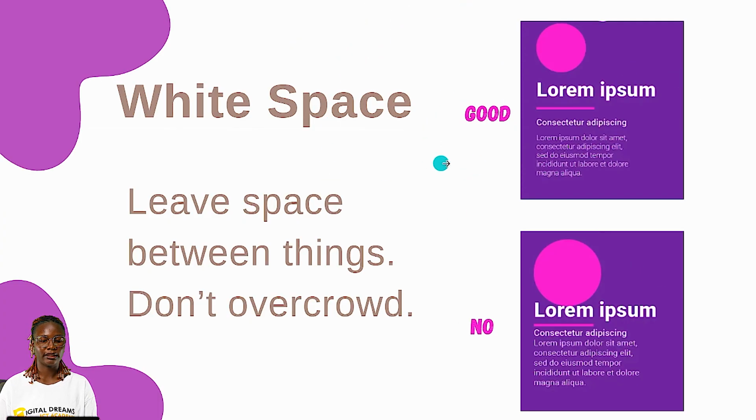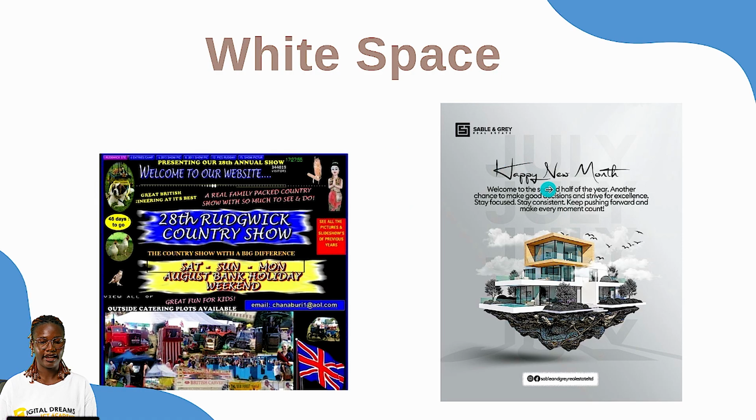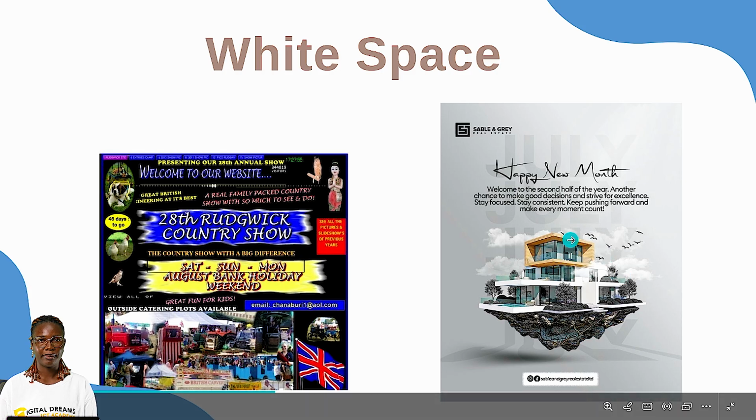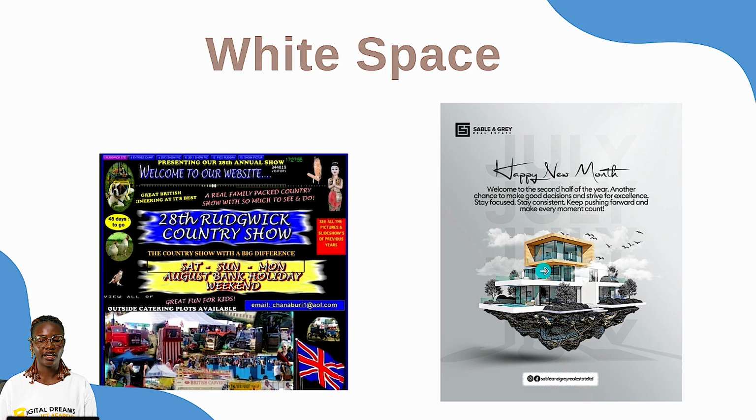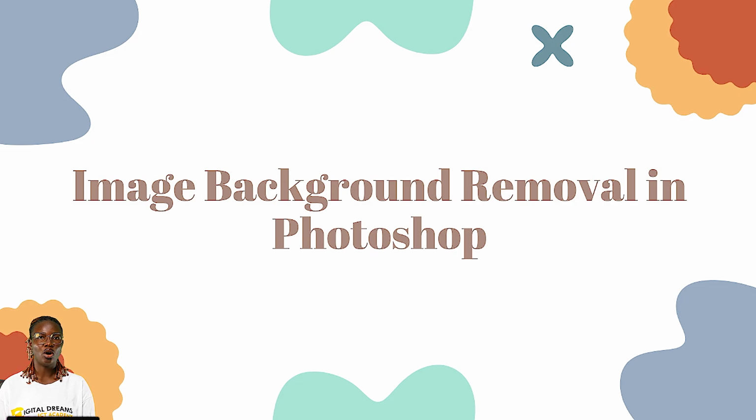The next one is white space. So you leave space between things, you don't crowd them. For example, if you look at this design right here, you will see that it has space, what we call white space. Like after the happy new month, there is a space before the text, there is a space before this, so it looks nice. But if you look at this, there is no space at all. Look at where this one is placed, so there is no white space at all. So that is all for